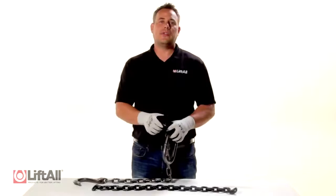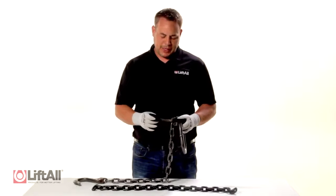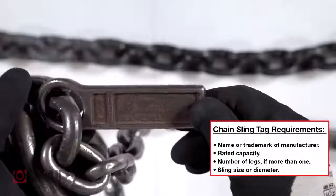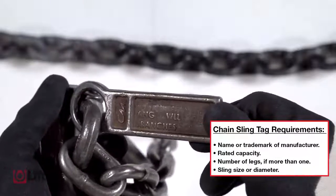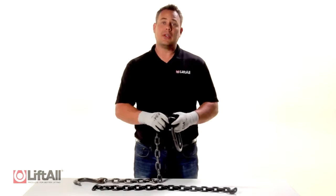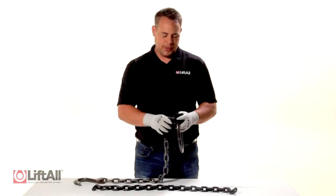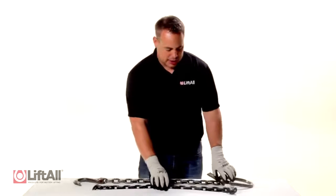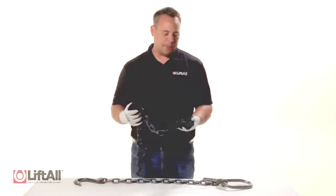When I begin the chain sling inspection process, I first look at the tag. Is the tag legible? Does it contain all the required information? Can I read its serial number? If so, I move on with the inspection. I then check to see if the mechanical connections are able to move freely. If so, I move on. I'm looking for damage to the chain. If I find any bent links